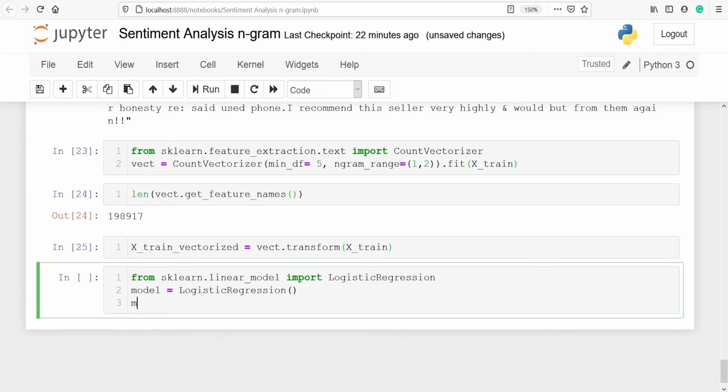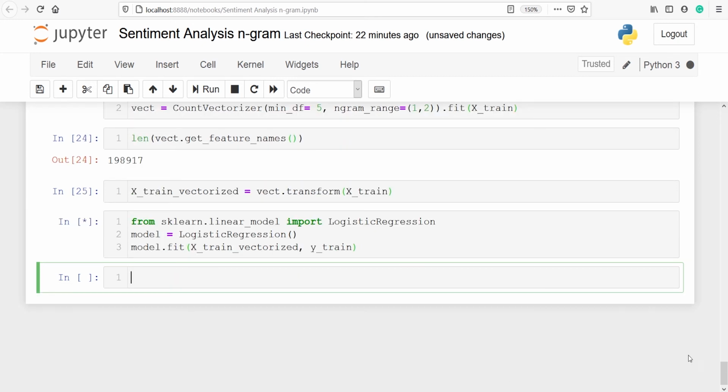Next I will fit the model, model.fit, on xtrain vectorized features. So these features are stored in xtrain vectorized, and for label I will pass ytrain. Let's execute our code, and this will fit the logistic regression model on our xtrain vectorized and ytrain.